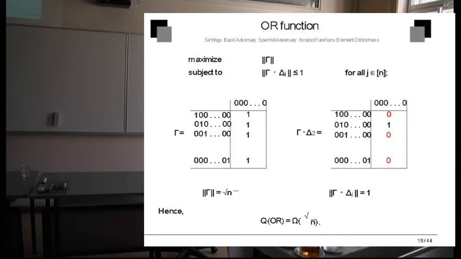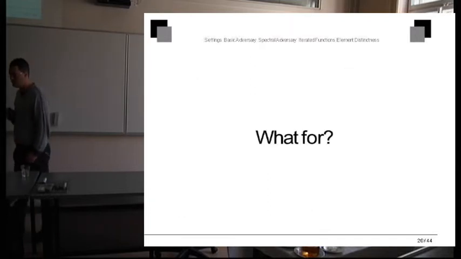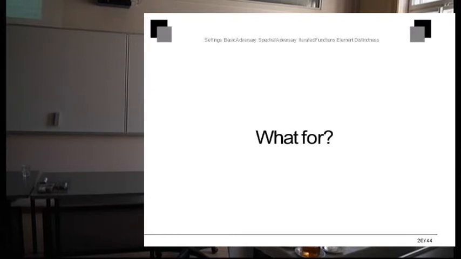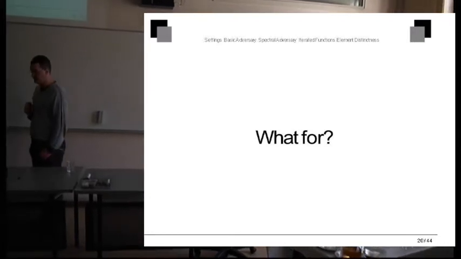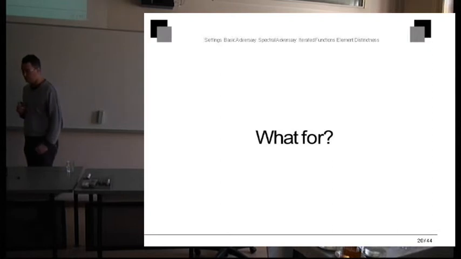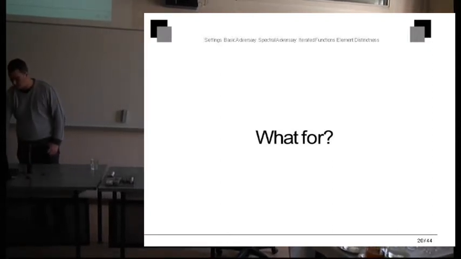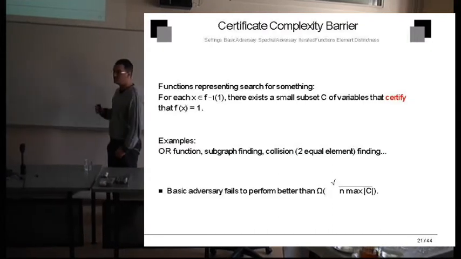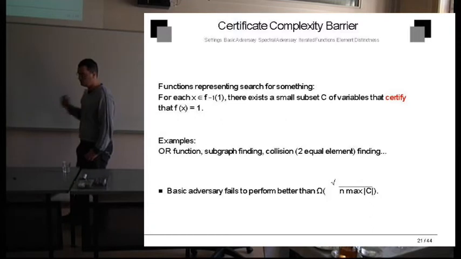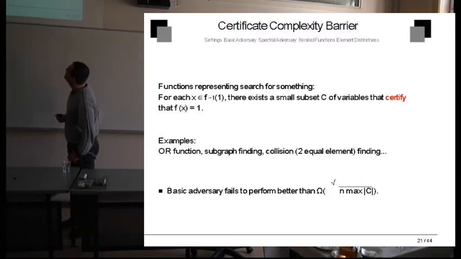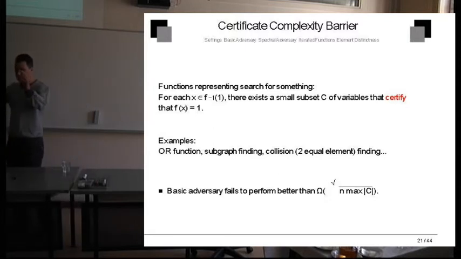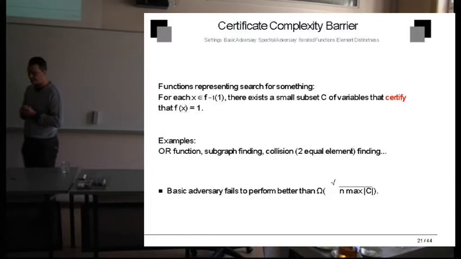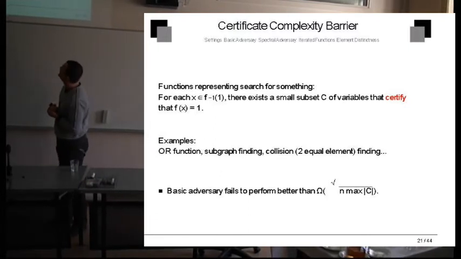Okay. So the question, what for? Why do we need the spectral adversary if we have such a nice basic adversary where we draw these arrows and just count? Now we have the spectrum of matrices that is something very weird. And there are two reasons for that. The first reason is, although the basic adversary is easy, intuitive, nice to apply, it has an important limitation. And this limitation concerns functions that present problems involving some kind of search. In the search, we have an input,